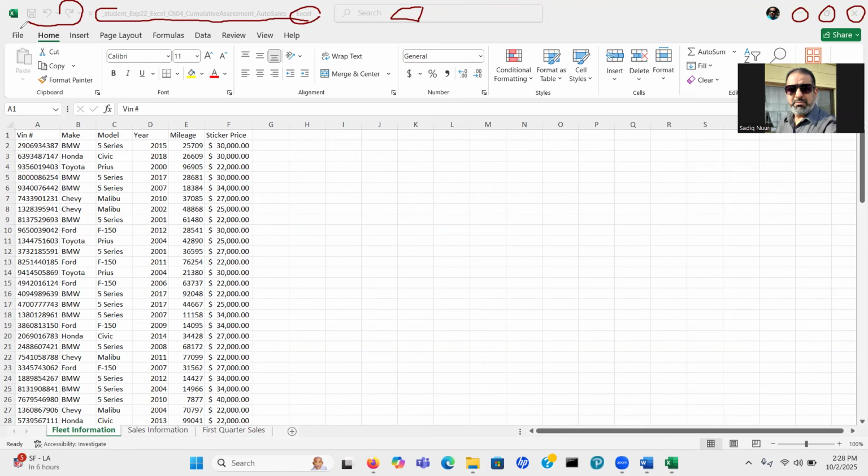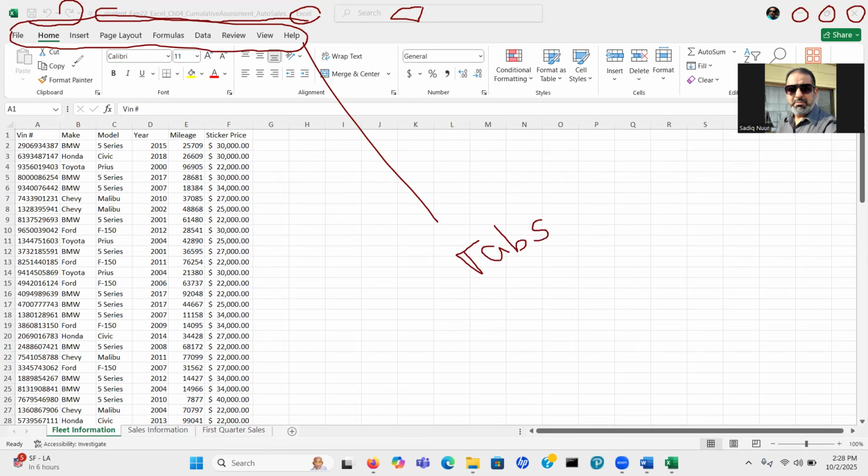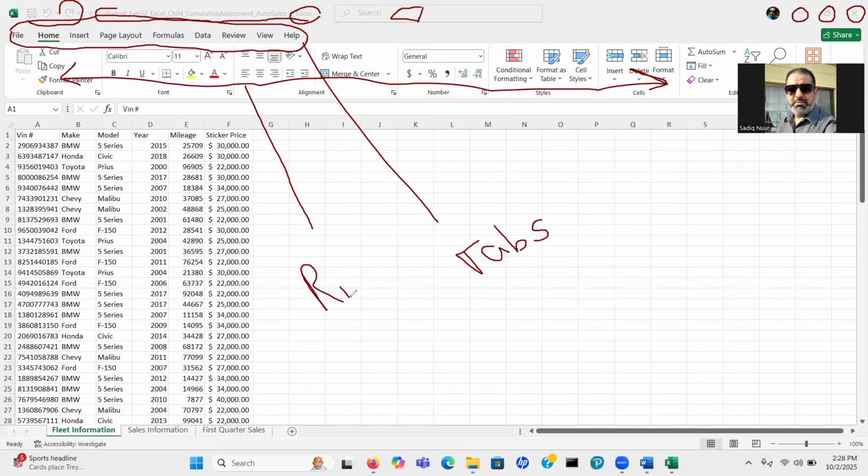Below the quick access toolbar are the tabs. These are your tabs. Microsoft has the tabs. Below the tabs, from here all the way here, is what we call the ribbon.